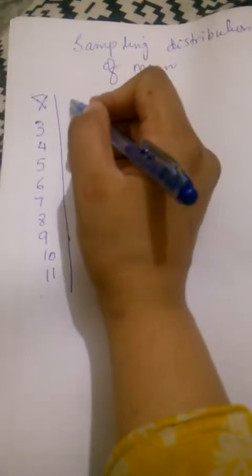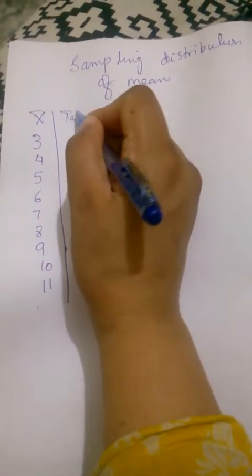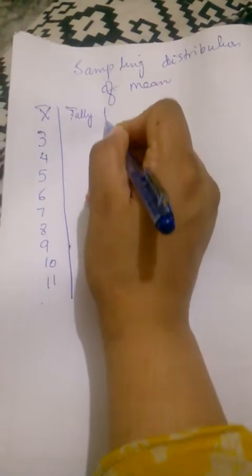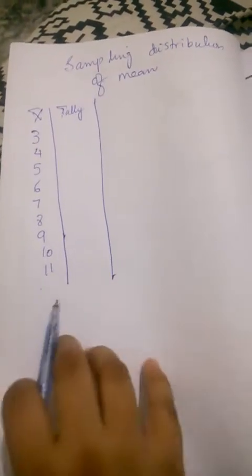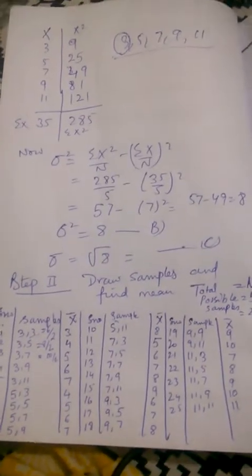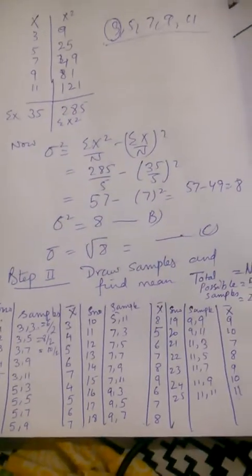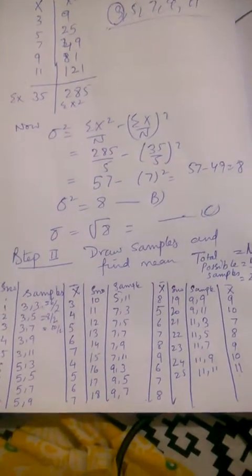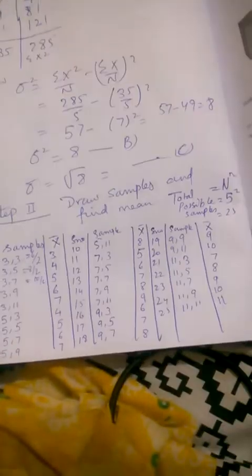Then you have to find the frequency. Frequency is found by tally, as we had done before in chapter number 2. Simply tally करनी है. टैली कैसे करेंगे, जहाँ से देखेंगे और एक एक लाइन एक एक मार्क हम लगाते जाएंगे. Okay, now we will take the first value, that is 3, 3, 4, 5. For each entry just put a line. 3, then 3, 4, 5, then 6 and 7 in the same way.